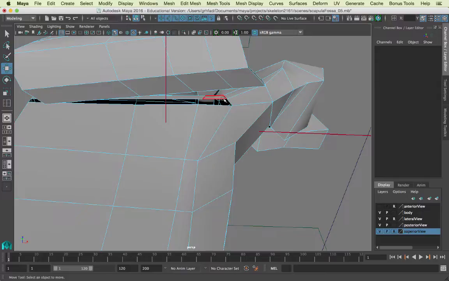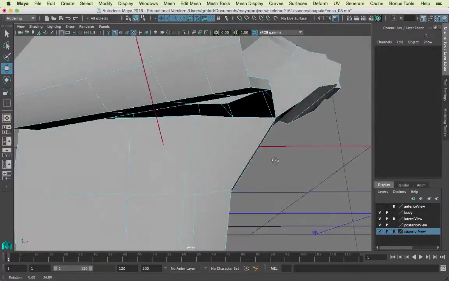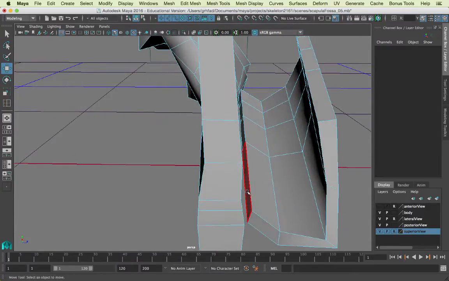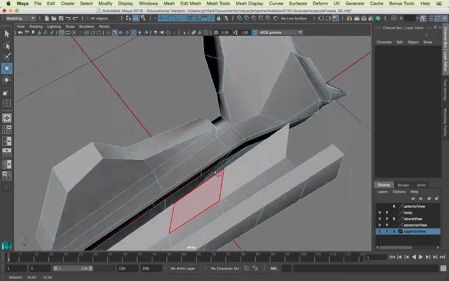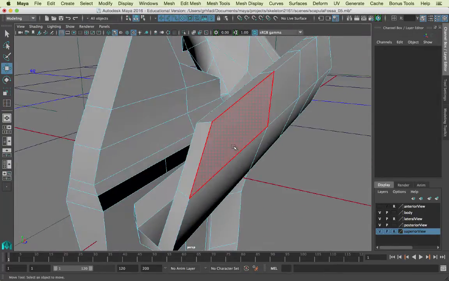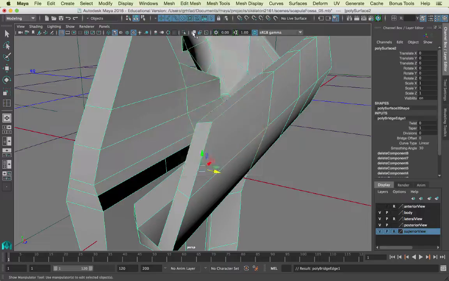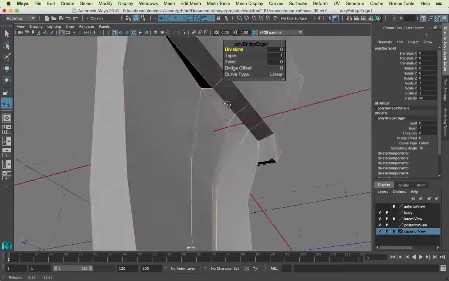Now I purposely made an edge here. This is something really important. I added this extra edge just to narrow the faces so they were a little more in sync with those faces on the spine of the scapula there. All right, so again, now I have the same number of faces. If I say object, they're selected. I say edit mesh bridge, I get a pretty good